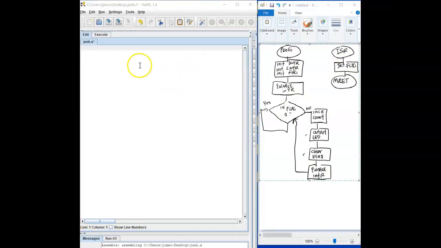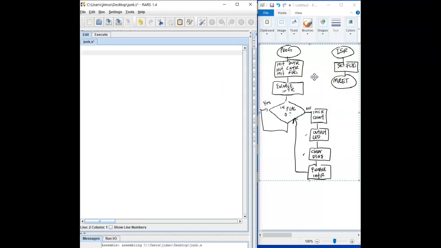Okay, so I'm using the RARS assembler, and hopefully you'll be able to see this. If not, I'll re-record it somewhere else. The nice thing here is that Venus doesn't recognize the control and status register, so it's pretty useless when you're using interrupts. So what I've done here, hopefully, is I've chopped the flowchart that we made out, and I'm going